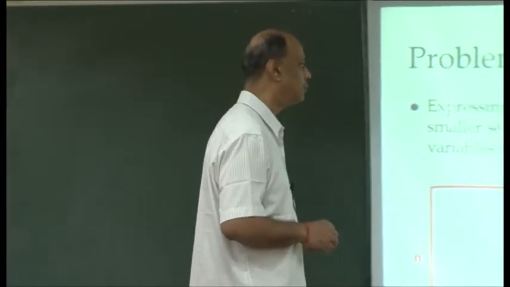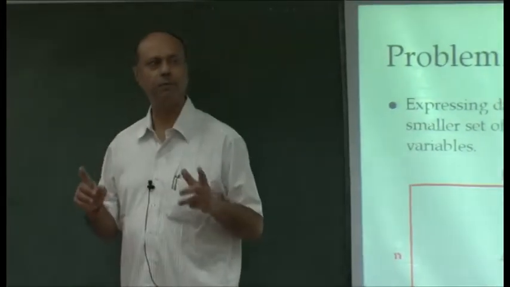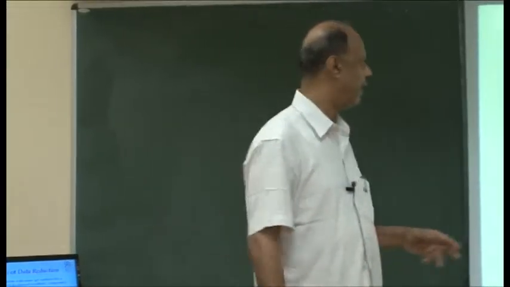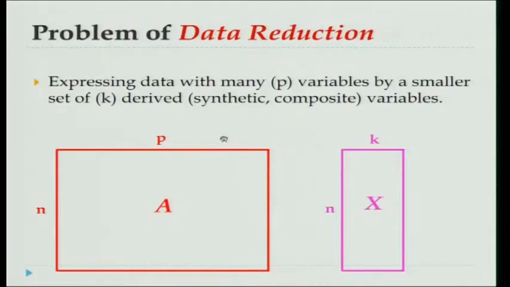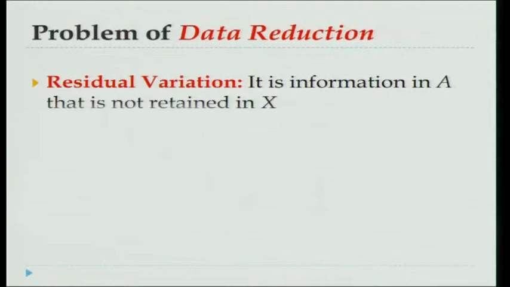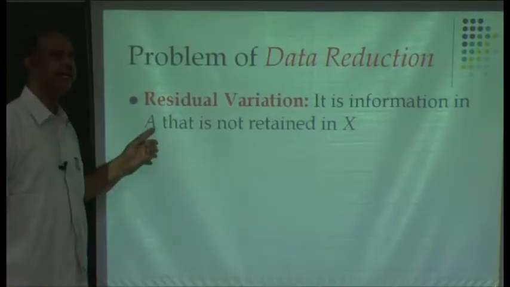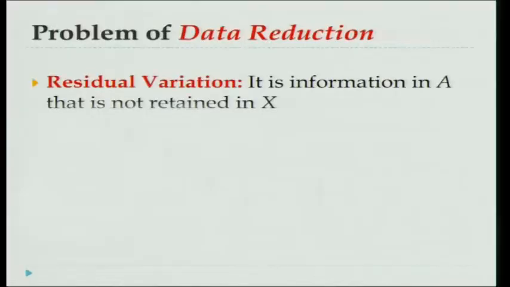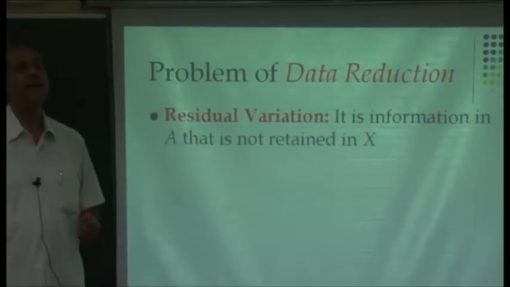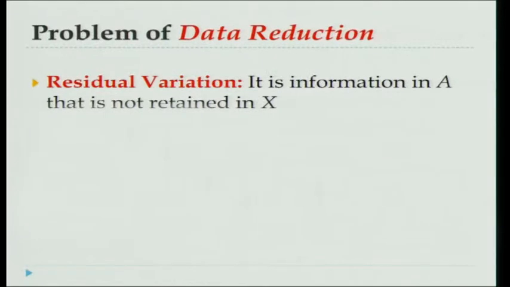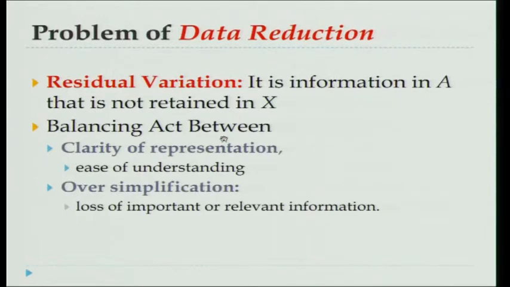That is the idea. So you have the original matrix A of size n cross p, and I am reducing it into n cross k. Obviously you are losing something. The term is residual variation. It is the information in A that is not in your n cross k area. That is known as residual variation. This residual variation should be as minimal as possible. That is the aim. Now that indicates there exists a trade-off relationship